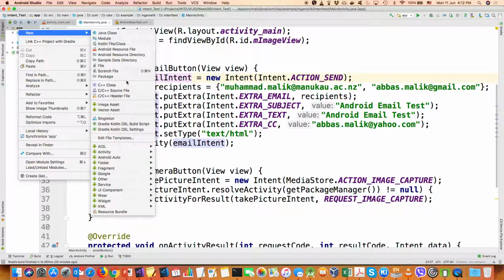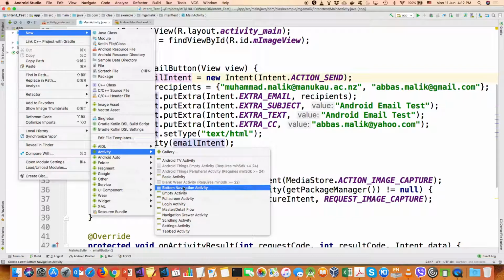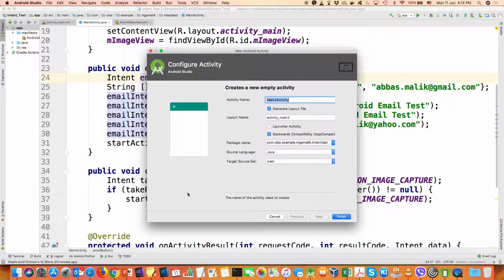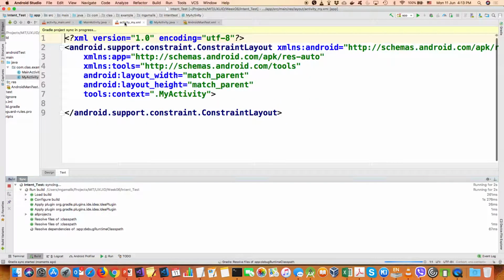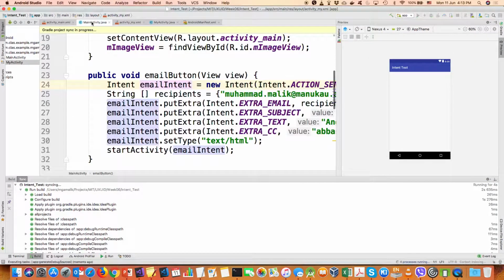So I go to new activity, I want to start an empty activity, and I give it some name, okay, I just keep it my activity and finish. It's not doing anything. I just want to show you that this particular